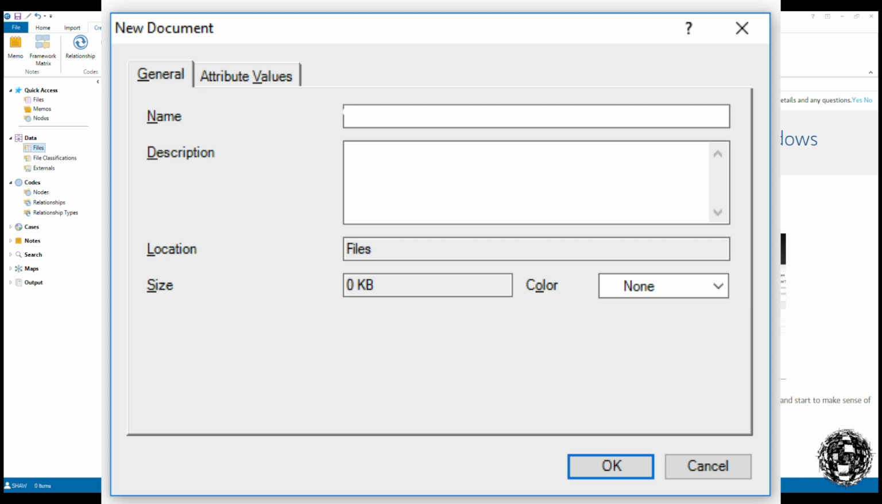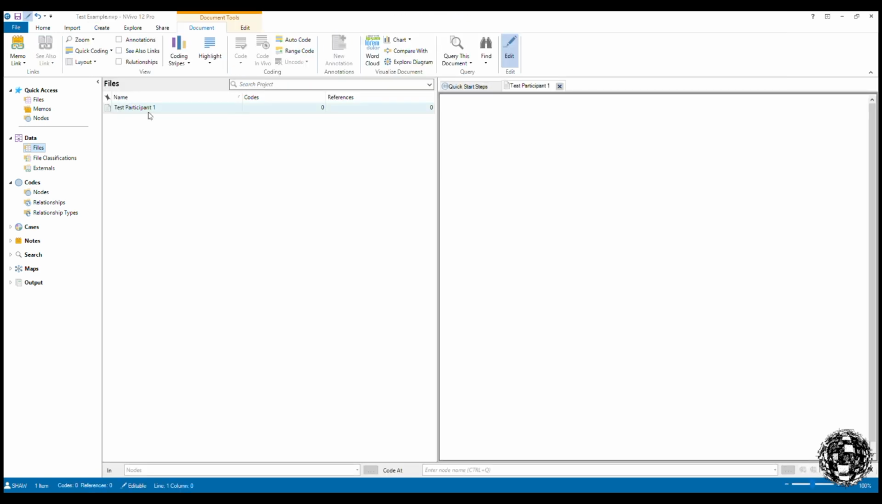I'll click OK. And what we can see is that here's my first file, and on the left hand side that is the file now open. So you could, if you wanted to, use this as your transcription area. So this would be where you would type in the transcript for the semi-structured interview that you've just embarked upon. As an example,